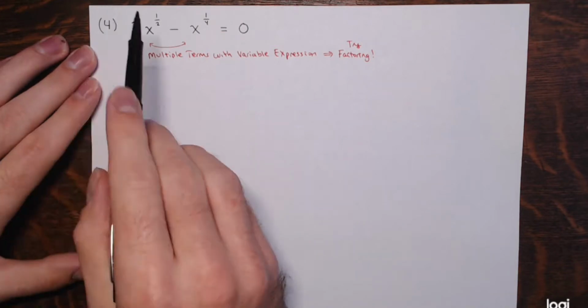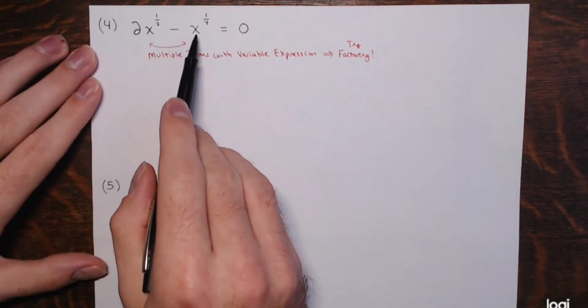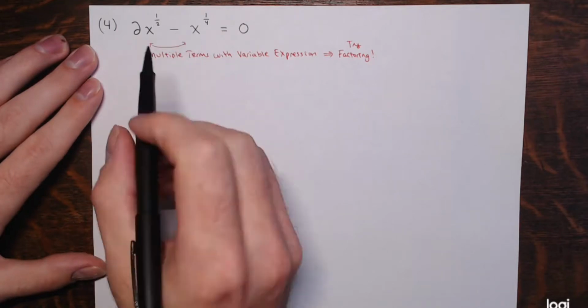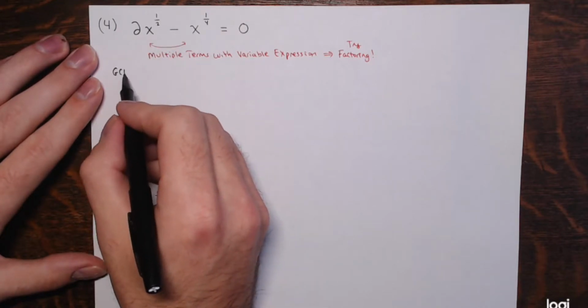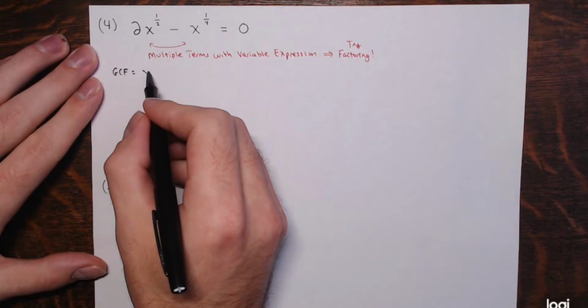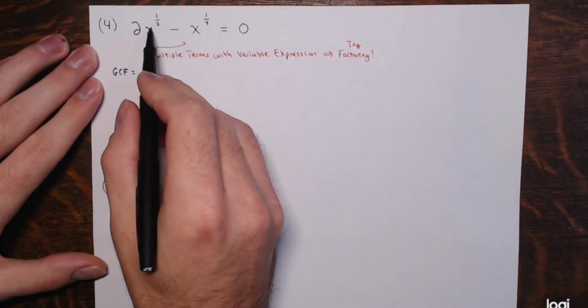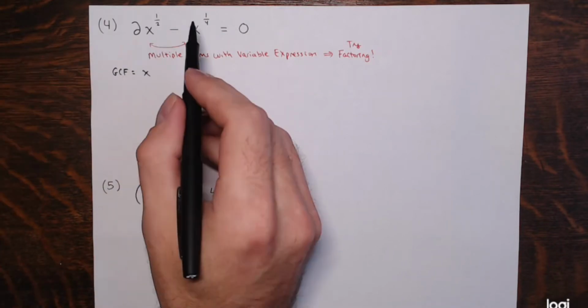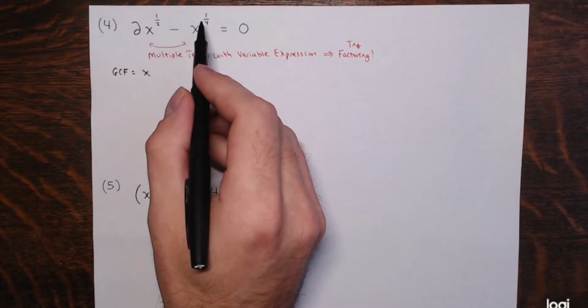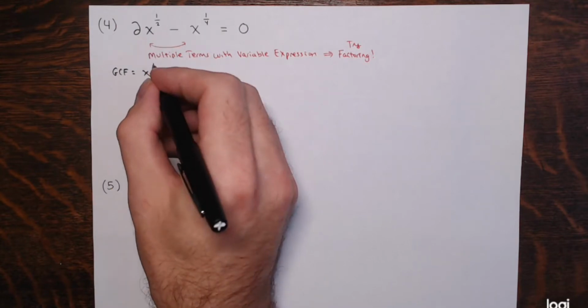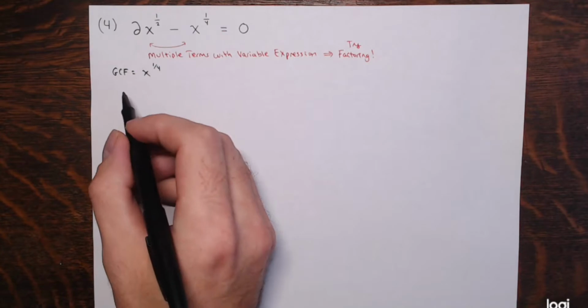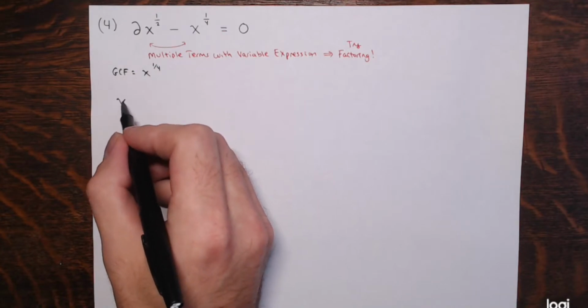And you pull out the greatest common factor, which, both of these have a power of x in it. So the greatest common factor is going to have a power of x, and then the power on that x is the lowest power of x. Now this term has x to the 1/2. This term has x to the 1/4. 1/4 is smaller than 1/2, right? So I'm going to factor out x to the 1/4 power